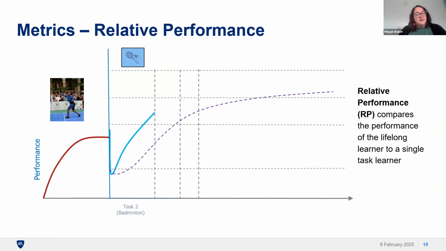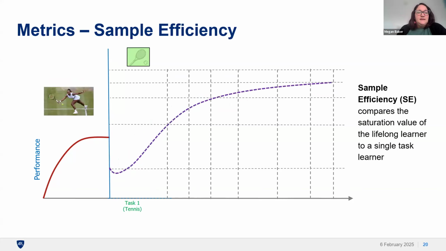And then relative performance is one of the metrics where we compared performance to the single task expert. And we left this to be very general on purpose, but the idea here is just, hey, compared to a single task expert, if you line up all the experiences specifically in badminton that you have, how does your performance compare to this single task expert? And do you get any gains, hopefully, from doing your lifelong learning approaches?